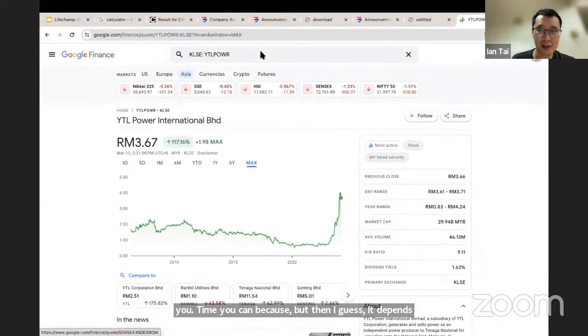But as to whether or not you can use this on KLCI, then you need the KLCI 10 years data. Then from there you see the pattern, and only then can you decide on its calculation. It's the same formula. All right, thank you so much, Ian.